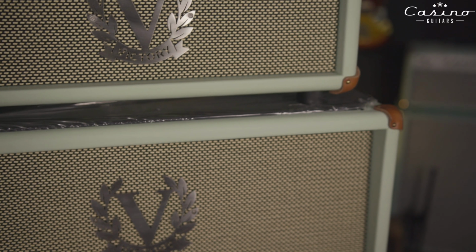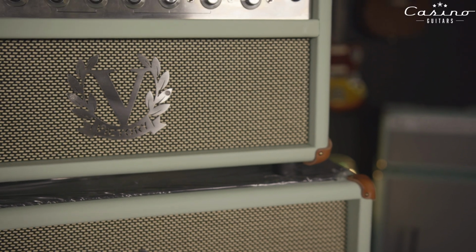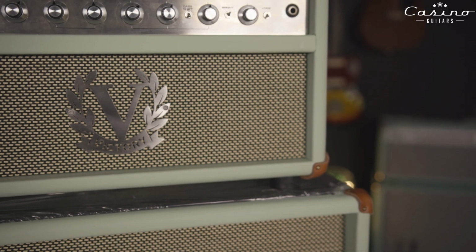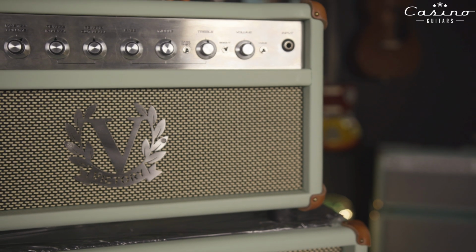When we first launched them, there was a head and cab combo for both clean and overdrive in either a 1x10, a 1x12 or a 2x10, Simon? No, a 1x12 and a 2x12. A 1x12 and a 2x12, my apologies. And the heads were 100 watts. We now have some additions to the family, which are...